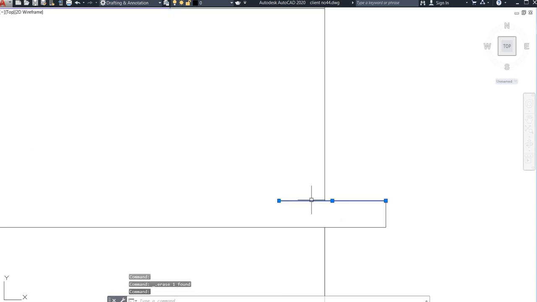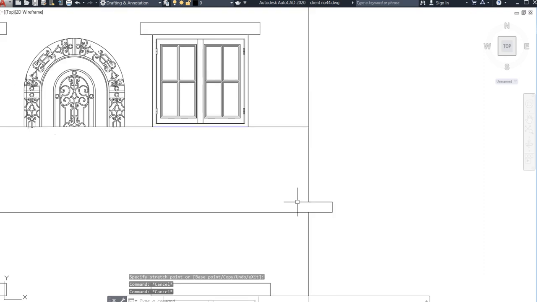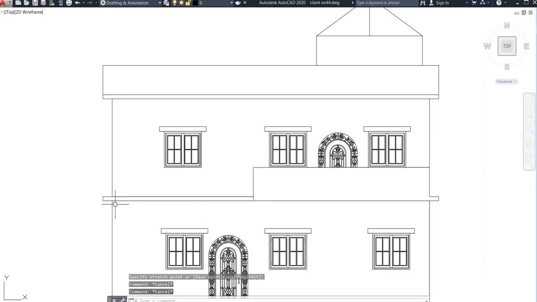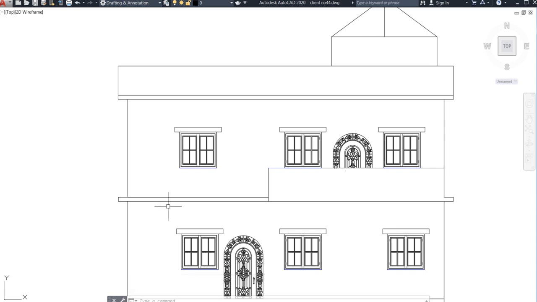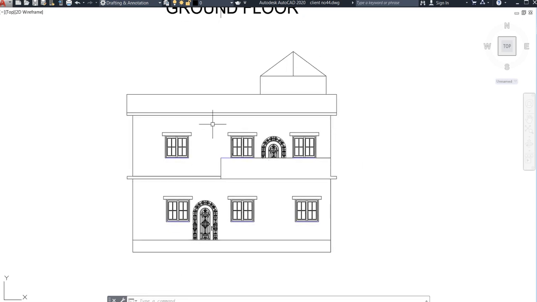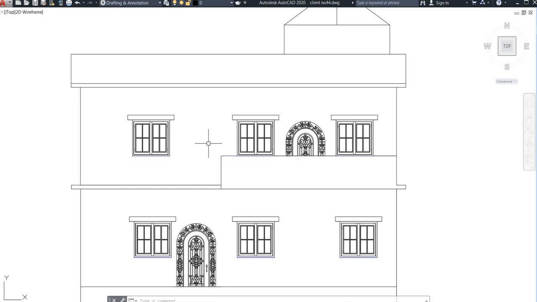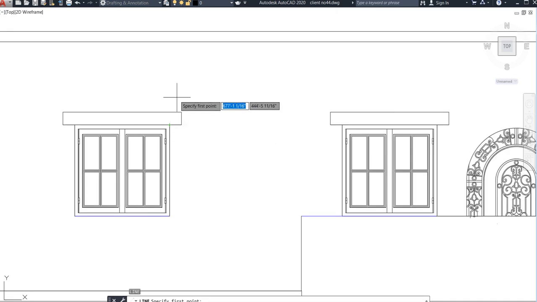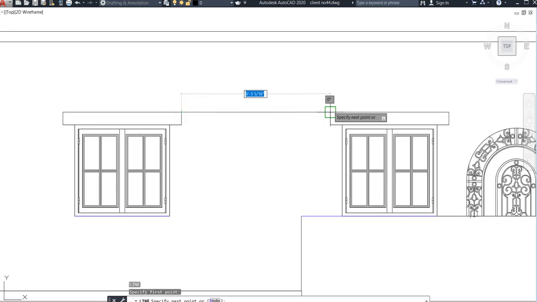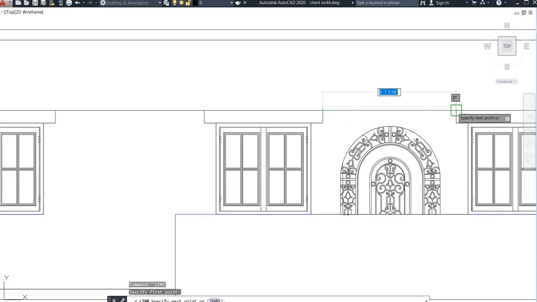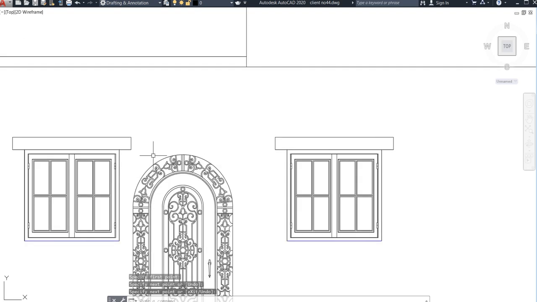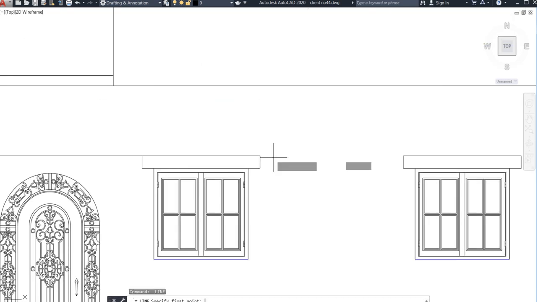We need to delete this. See, here also one trick, eliminate this. See, here the thing is, in the same way here it is, right? Now where I was, go for line command. See, this is the lintel, so from here to here, again a repetition of the command. What should we do? Space bar. In the same way here also, just do it patiently, no need to hurry up.